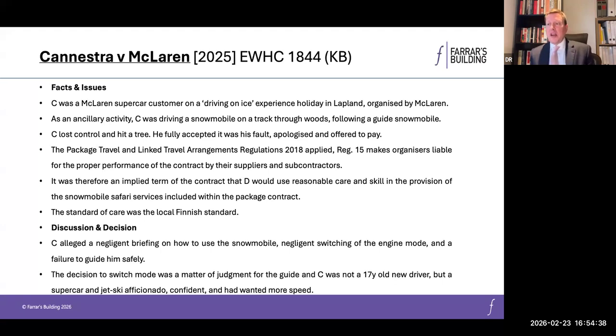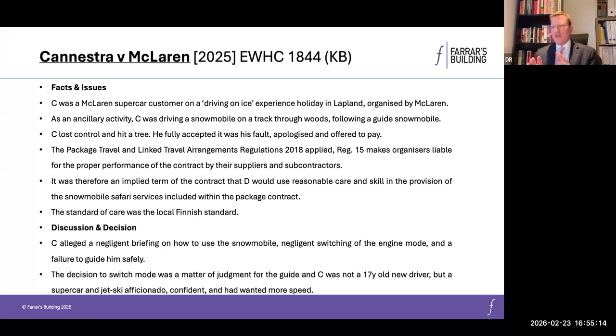It was found that the guide had got too far ahead of the claimant and not turned around to check. However, on the findings of fact, the pleaded claim wasn't made out on the mechanism of the accident at all, because it wasn't caused by being out of sight of the guide, or by the claimant going too fast because he was trying to keep up with the guide who'd got too far ahead. But it was caused by the claimant accidentally using his throttle when he was trying to turn, because he'd failed to follow the specific instructions that had been given to him.